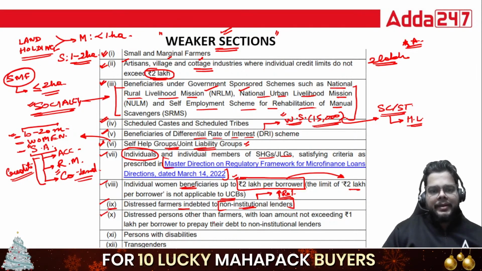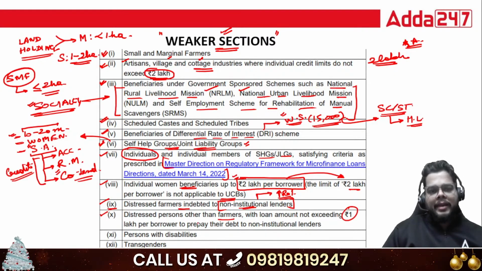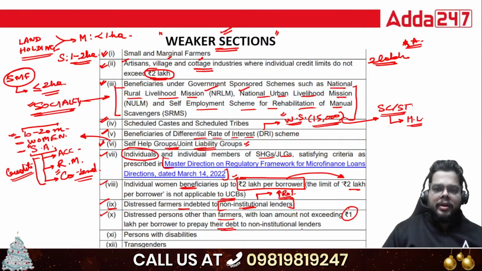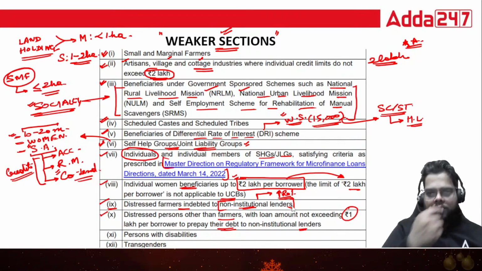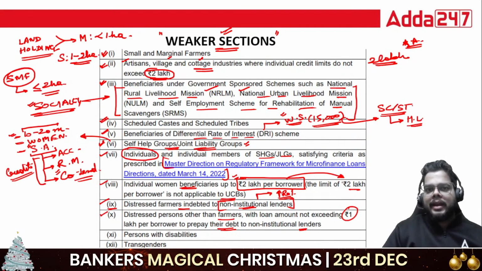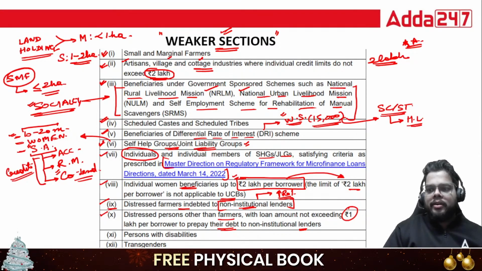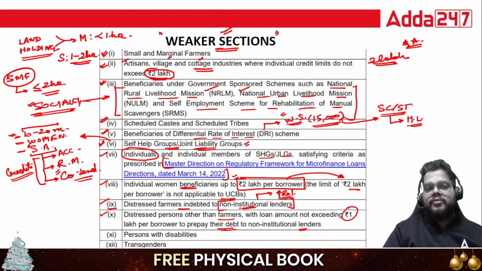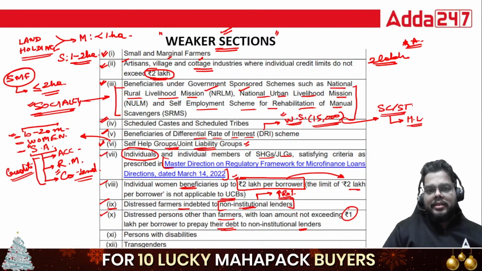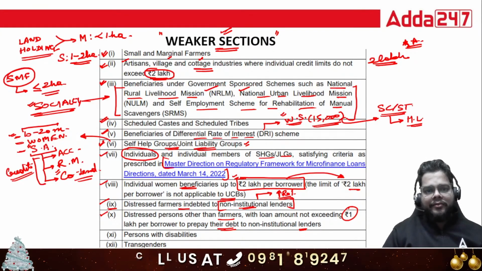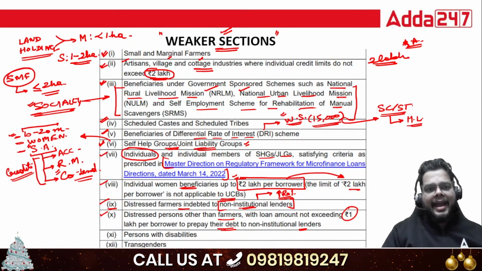Then distressed persons other than farmers, with loan amount not exceeding 1 lakh per borrower, to prepay their debt to non-institutional lenders. So when we talk about the weaker sections category, there will be certain privilege for these individuals who are in the weaker sections. This is the only privilege they have, that they can move out of this financial distress or the trap of